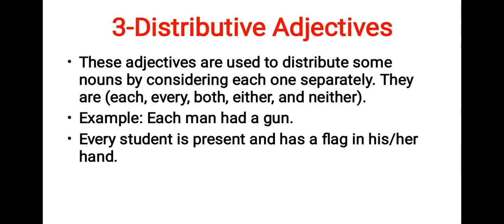Distributive adjectives. These adjectives are used to distribute some nouns by considering each one separately. They are each, every, both, either, and neither. For example, each man had a gun. Now they are used for distribution of noun. The noun here is the gun, and we say that each man had a gun, that every man present there